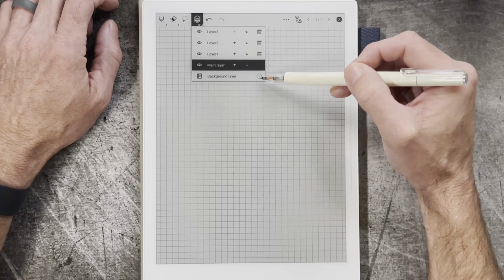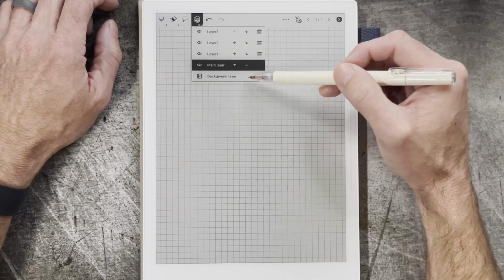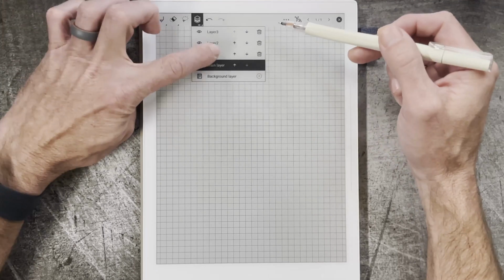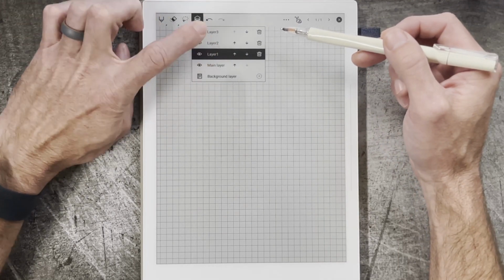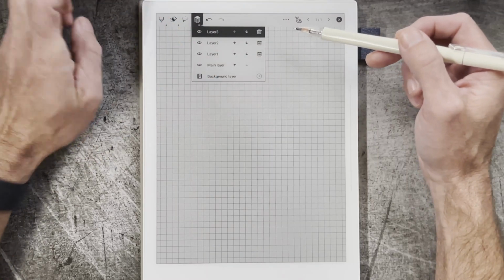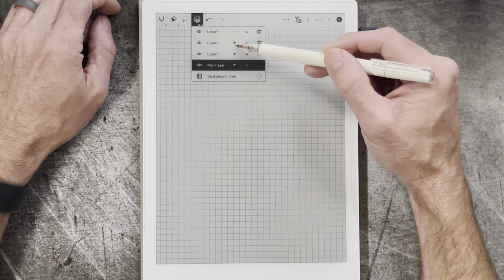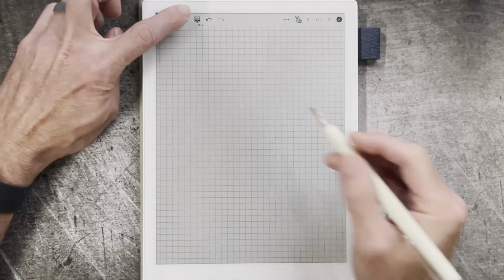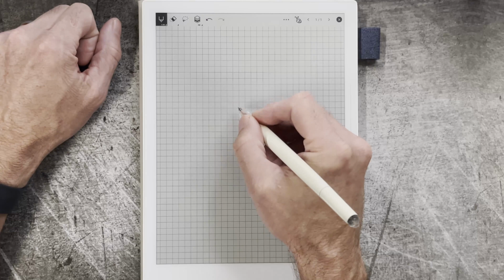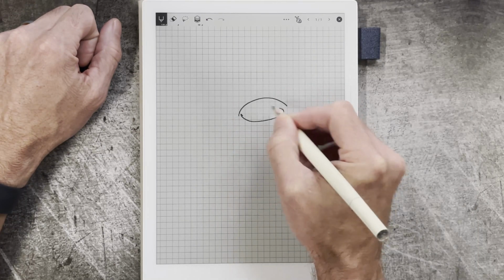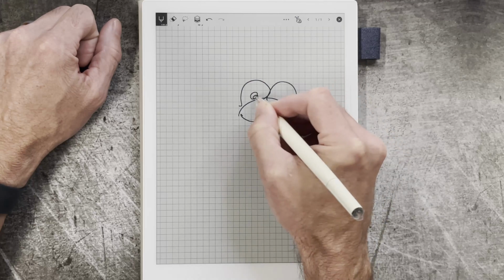So your background layer, which again you cannot hide, you can just set it to white, and then your main layer, and then the other layers, which you do not seem to have the ability to rename, but you can move them up and down in height. So if I was going to draw something here on the main layer, let's say I wanted to draw this character,